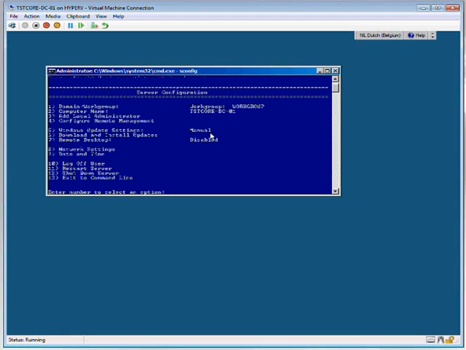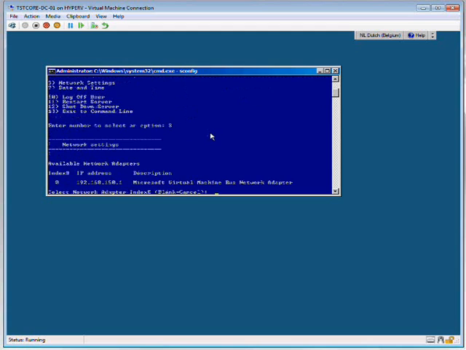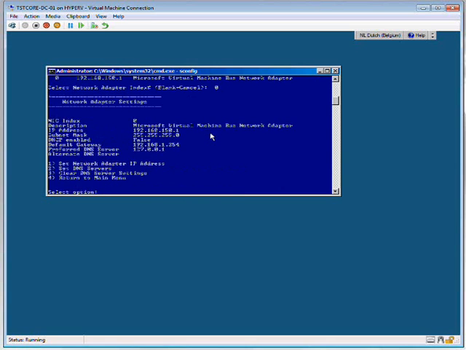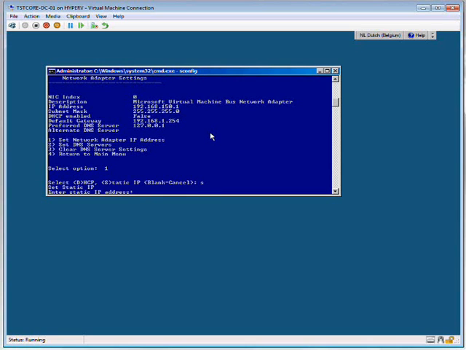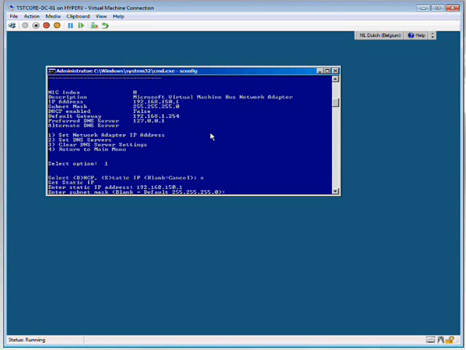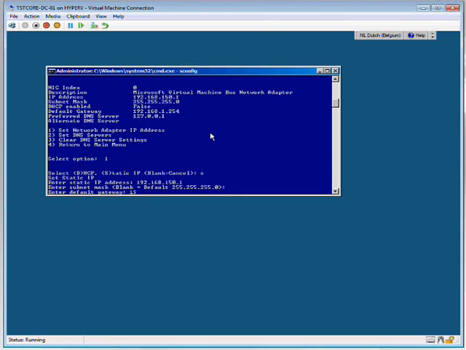There we choose option 8, network settings. We choose the network adapter with index number 0. Then we're going to set the network adapter IP address. It's going to be a static one, and we're going to enter the new IP address. I'm going to use the default subnet mask. The gateway is going to be